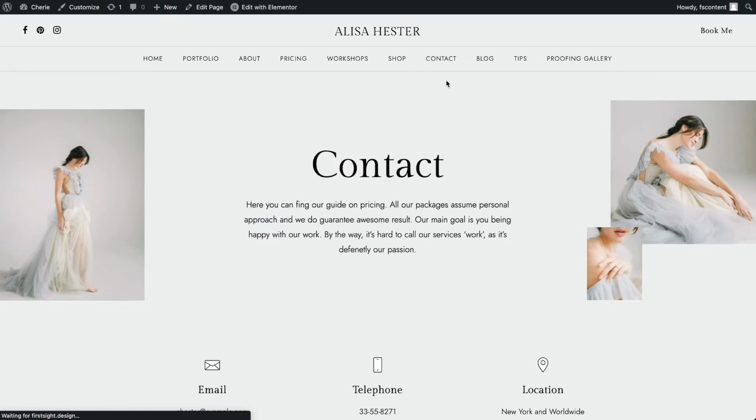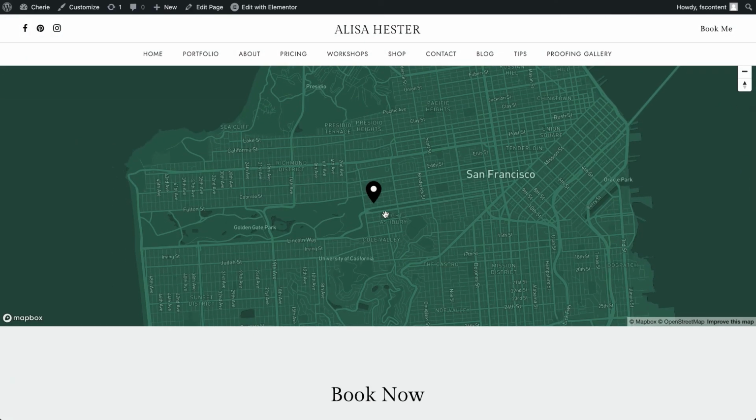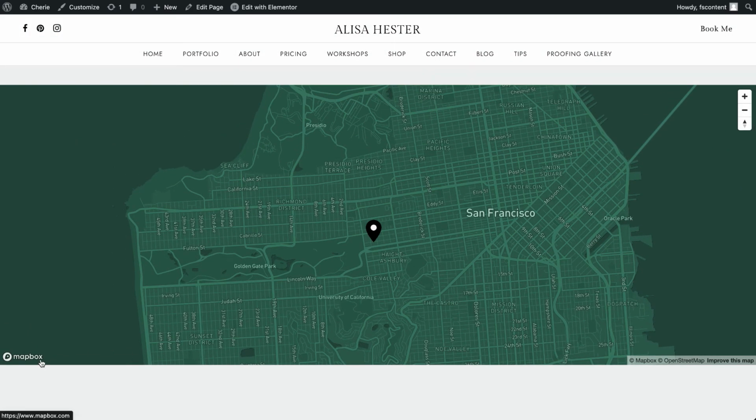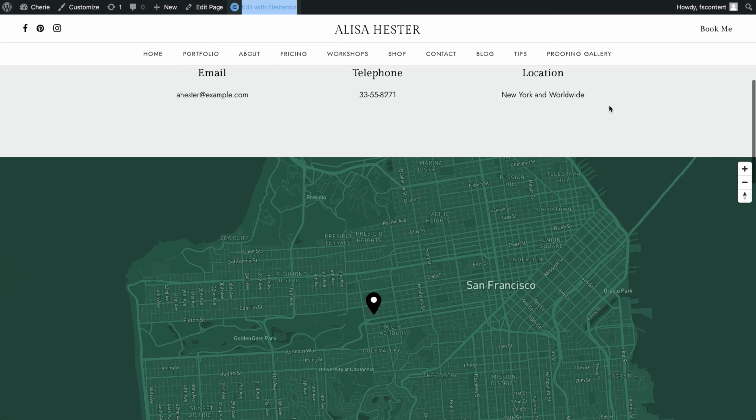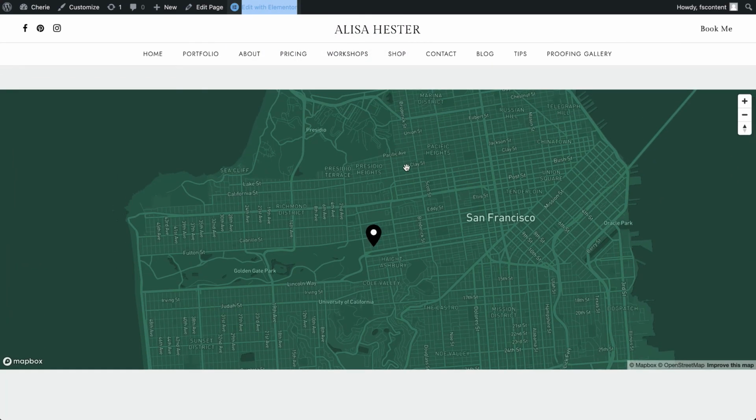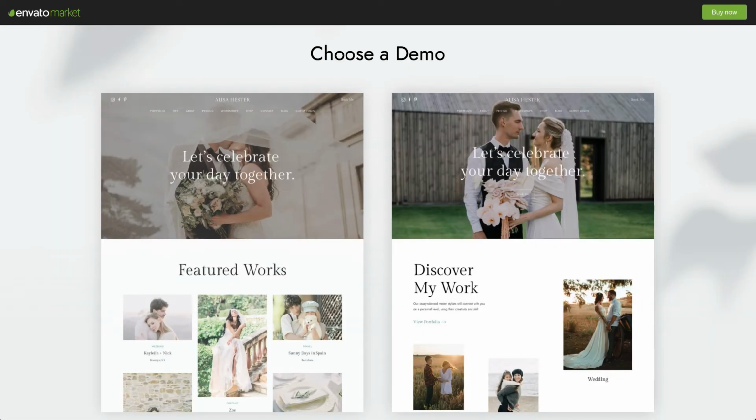Let's take a look at the second option of the contact page. Contact with a map. Here it is. We can see a map right here. The map is powered by Mapbox. Let's take a look in the Elementor editor. I suggest you check the documentation of the theme. It can be found on the